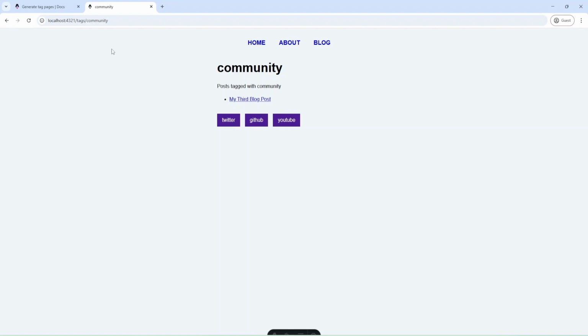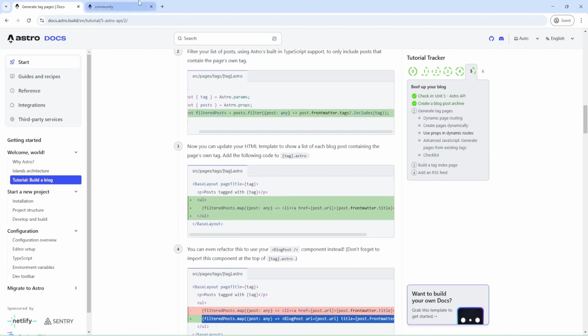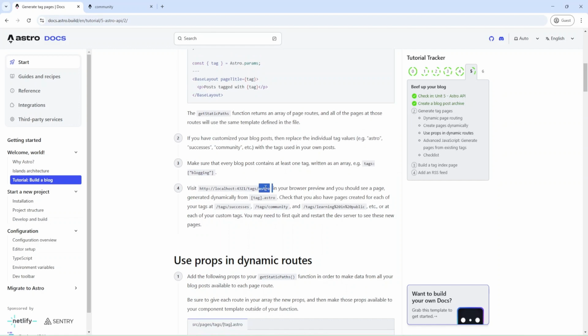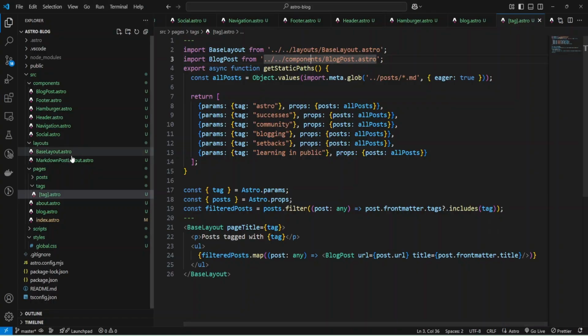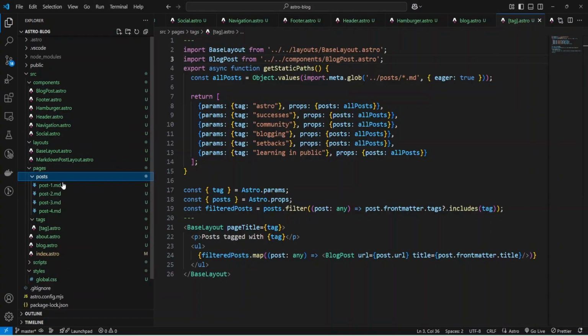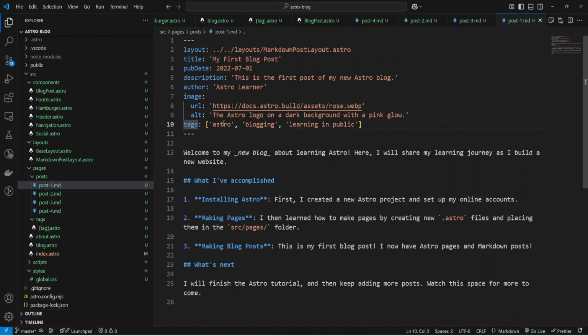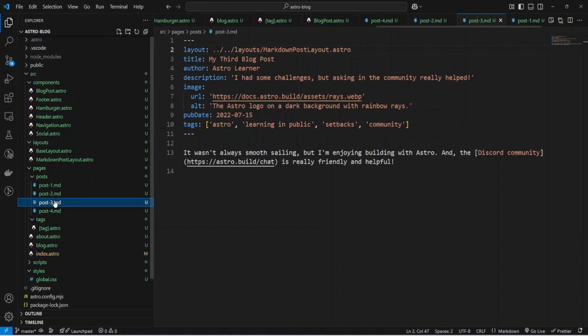And we have our page for the tag. And as you can see, we have some posts here. And let's check other tags. Astro. Okay, and we have all posts with the Astro tag. And let me show you the pages. And as you can see, we have a tags array here, and all tags are related to this post. And as you can see, we have Astro for each post.